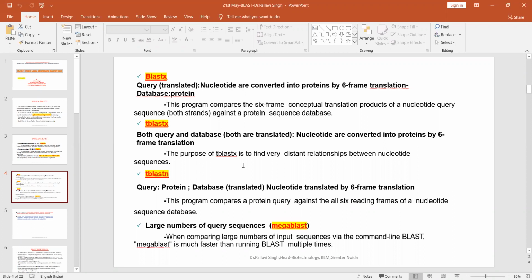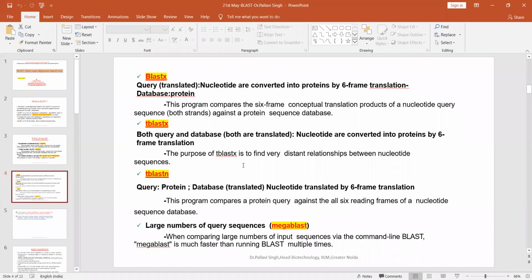I hope it's clear. Next type of BLAST is TBLASTX. What happens here is that the input sequence is again a nucleotide, but that nucleotide sequence is converted by 6-frame translation into different proteins, and the database is also a nucleotide database, but that also gets converted.